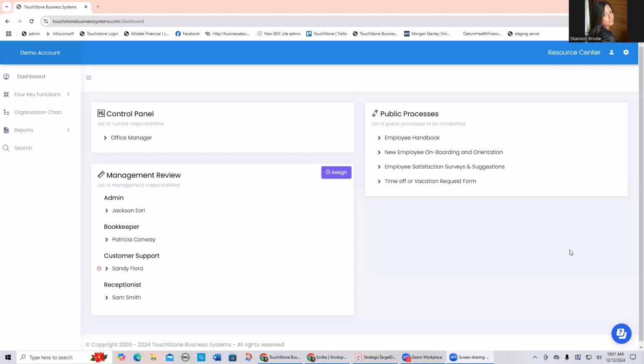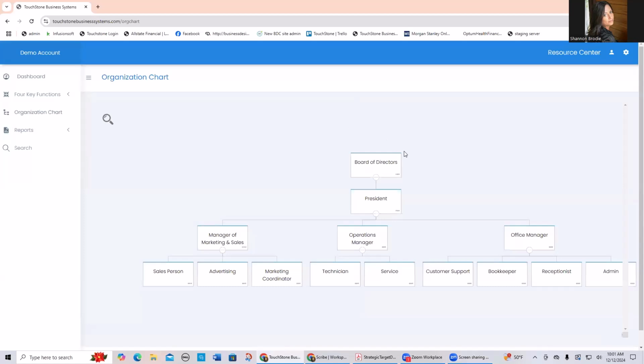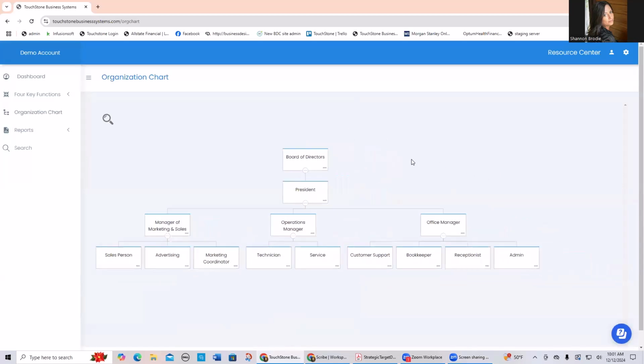Today we're going to specifically be talking about the organization chart, and we're going to discuss technically how to add boxes and maneuver the chart. But more importantly, we're going to talk about how to build a good organizational chart, how to build good organizational strategy. And then we're going to end with